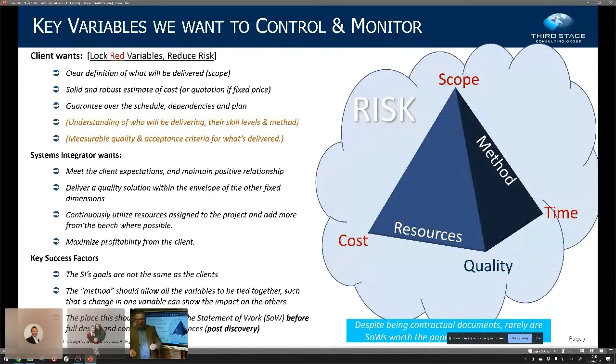And that's particularly true if the SI has a bench problem. What we mean by a bench problem is if it has resources sat in the office doing internal work, not client billable work, they will be looking at ways to get those resources onto a project and billing. And that means that you can get quite often, not always, but quite often, resources who are not fully qualified, who are not the right grade, who are not the right level of experience, haven't ever done an HCM, whatever it is, before, coming onto the project in order to solve the SI's bench problem.